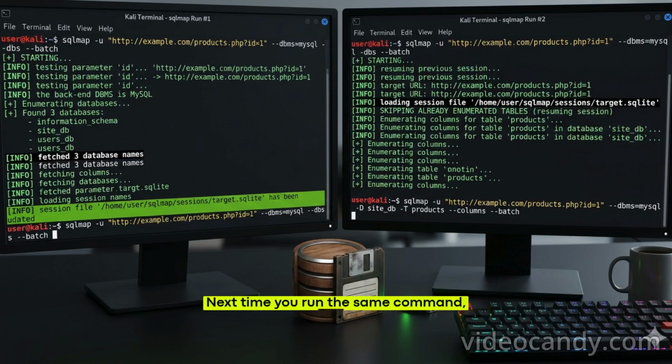Next time you run the same command, SQLMap loads the session and resumes where it left off. This is lifesaving for large assessments. You can also use "--flush-session" to clear it and start fresh. A session file is portable; you can move it to another machine.